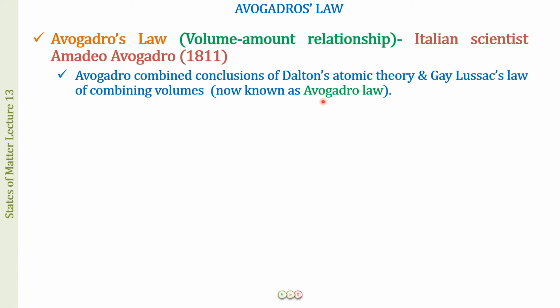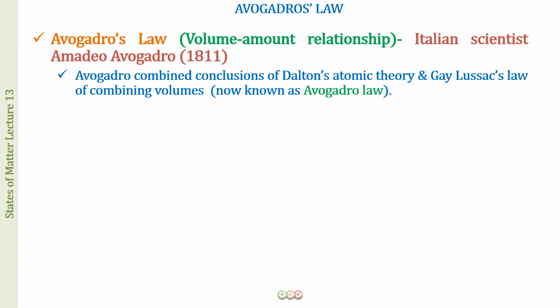So I will be quickly revising with you Dalton's atomic theory, the Gay-Lussac law of combining volumes and Avogadro's law that we have studied in some basic concepts, but that would be a quick revision. In case you want a complete understanding, if you've forgotten anything or your concepts are still not clear, please go back to the course on some basic concepts. We have on our channel a complete course on it, and you can watch each and every lecture and have a thorough understanding.